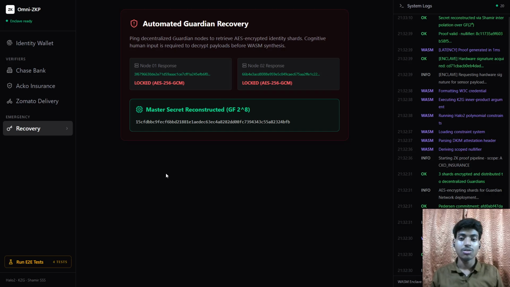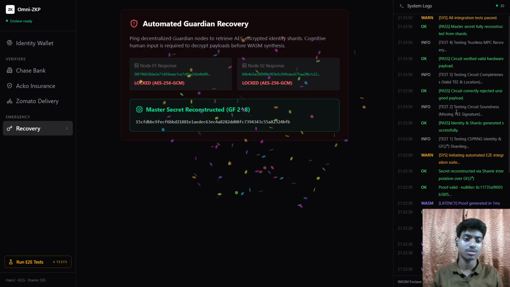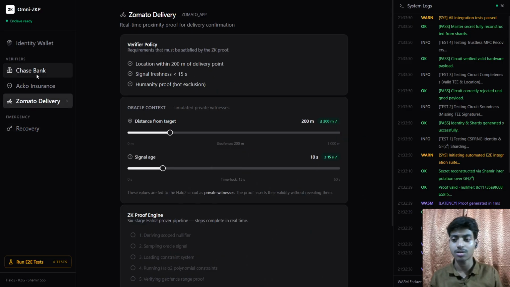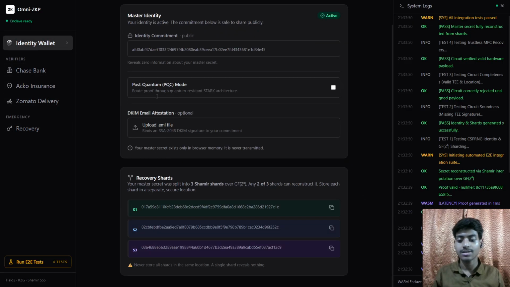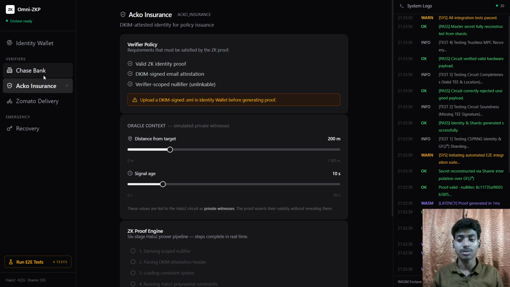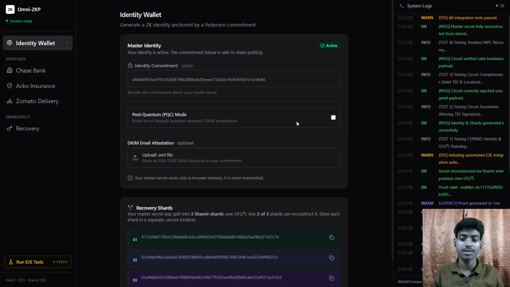Also, there could be more hardcore Solidity contracts here. Suppose, let's say, automatic configurations such that if the user has been inactive for 2 years, now only the Guardian recovery system will work, all that stuff. I have made a Rust-coded testing system that tests if everything is working correctly or not. And one more thing is that I have provided the post-quantum